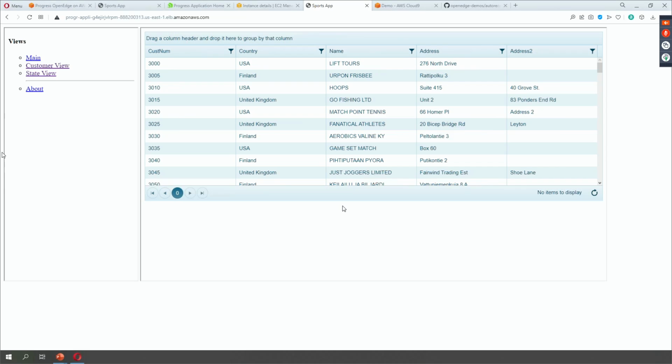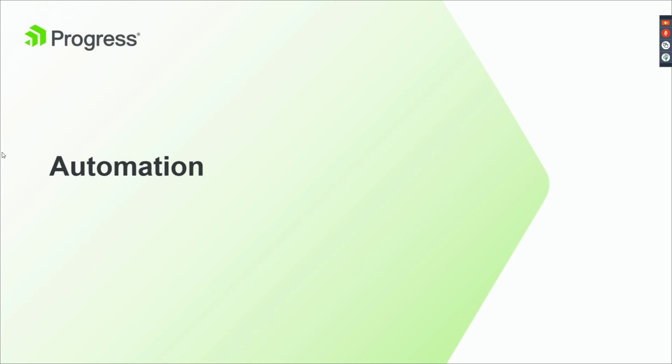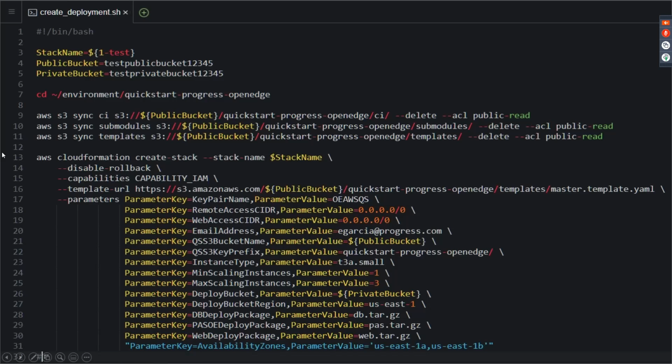All right, so let's go back to the slides. I want to talk to you about one more topic here, automation. Right, so what we want to do is generally be able to run this type of configurations from a CI/CD pipeline, right? So run this from a script. So this is how the script would look like. So we specify